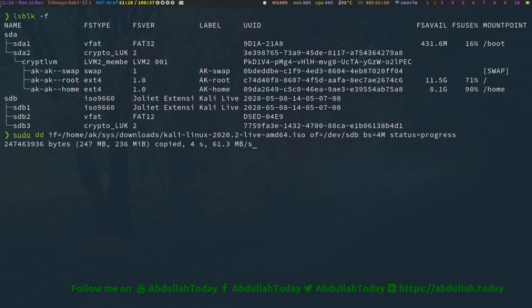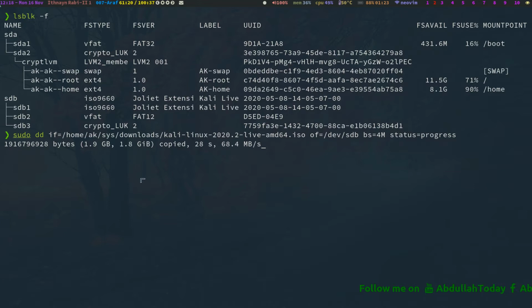It will take some time. It may take more time for you because you may not have USB 3, or it may be USB 2. So it depends on the speed of your hardware. I have a USB 3, so it will take less time.